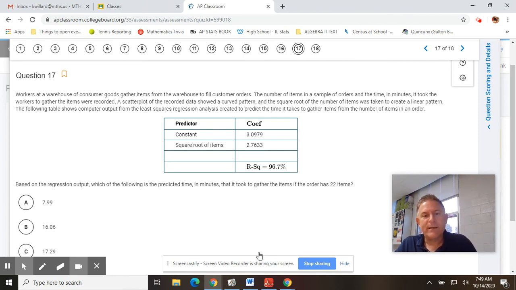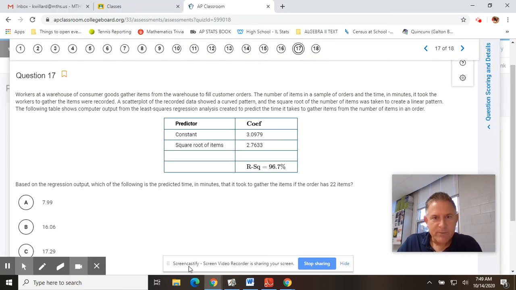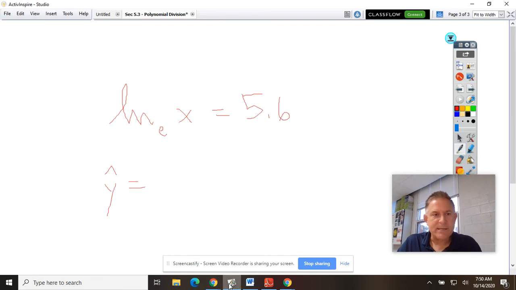If you were to write out this little equation, you'd put y hat equals the intercept, 3.09. I'm going to round that to 3.1, plus the square root of